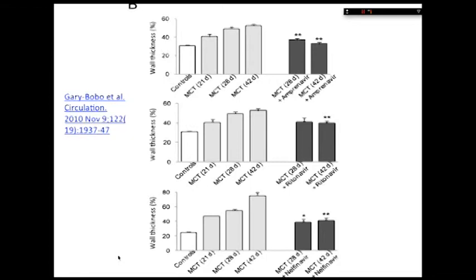But here's another example of when this drug was used in another fibroproliferative disease, which is the monocrotaline model of pulmonary hypertension, and this is done in rats. What they did was they waited 21 days after the rats got pulmonary hypertension from monocrotaline and then gave the drug. If you didn't get the drug, of course, your wall thickness got more, but with any of these protease inhibitors, particularly with Nelfinavir, you got a reduction in that.